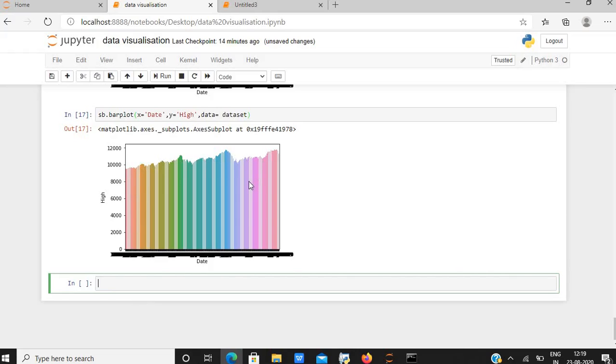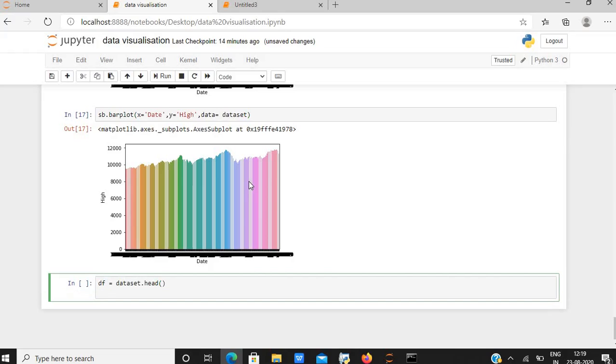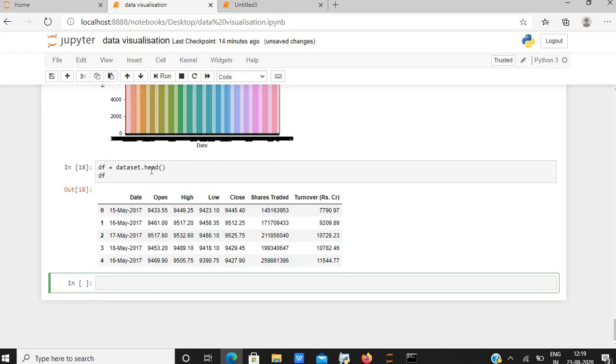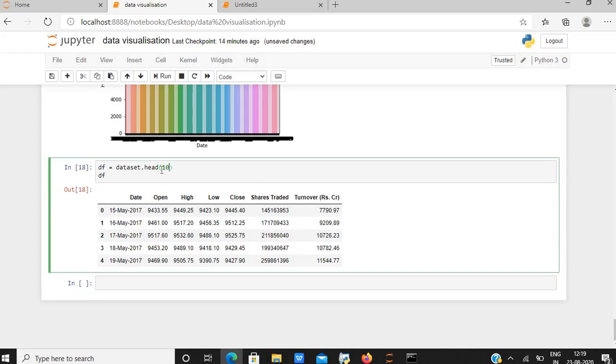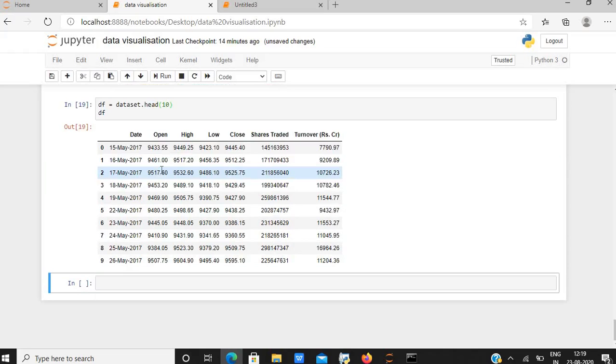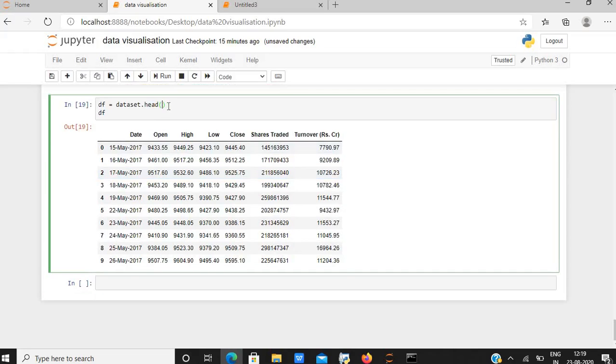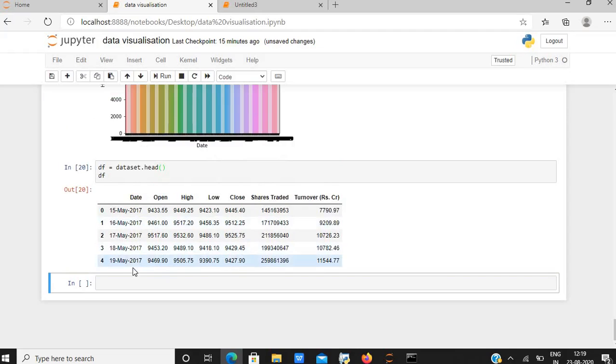Now let us only take the starting values of the data set by just typing dataset.head, then printing df. By default, head takes the starting 5 values. We can change the value by typing 10, and then we have obtained 10 values. Let us only work with 5 values for now.